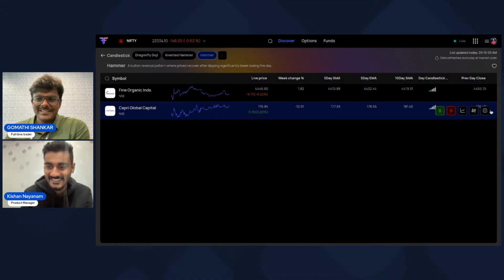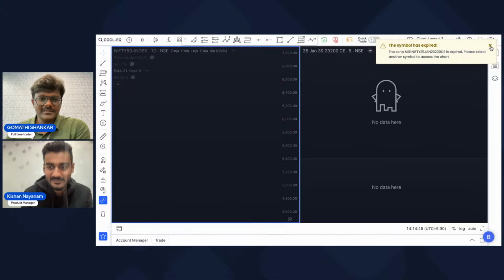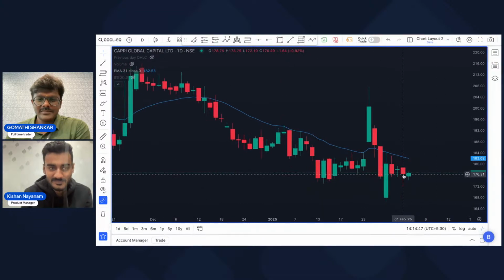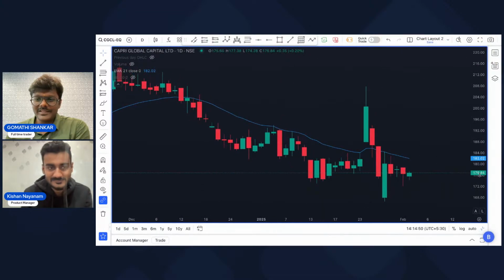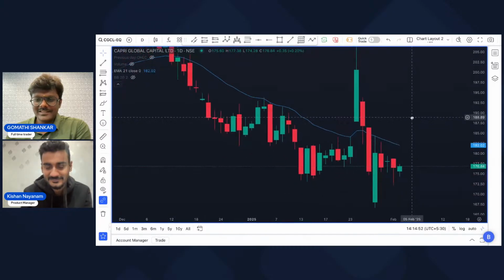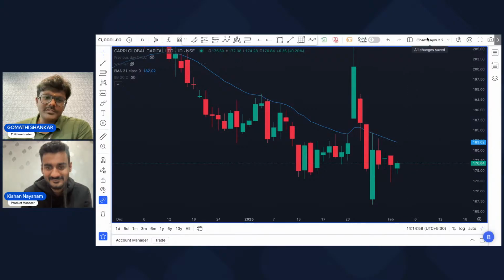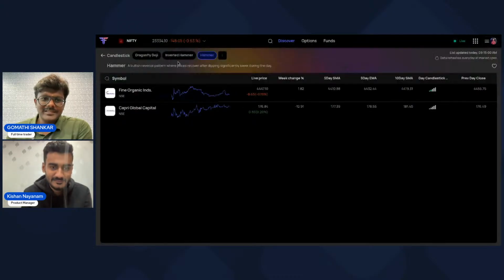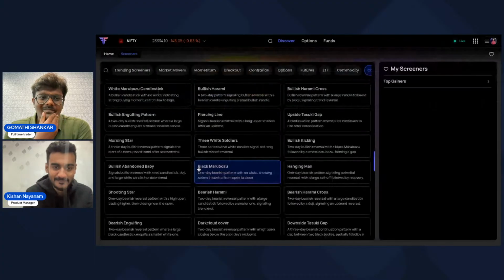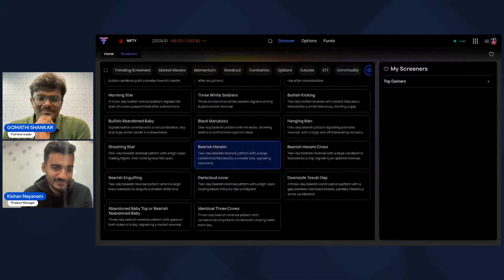Click on the kebab menu, I open the chart. Let me switch the tab. And here we have Capri Global Capital. Correct. People often find it difficult to prepare scanners for candlestick patterns, but now this is very, very simple. Very nice. We have a vast suite of candlestick patterns that we are covering, including shooting star,